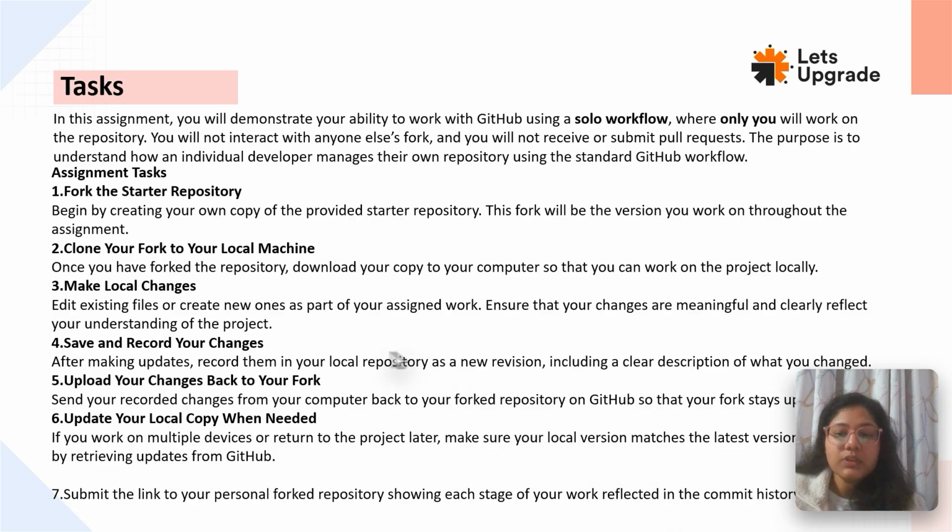This is a very simple assignment. Just remember, whenever you make changes locally, make sure you create a new branch. When you submit, you have to submit the forked repository link, and of course your username and everything, so that we can see all the commit histories and all the changes made over the days. Initially you created the repository and made changes, and then you forked it, so we want to see both.